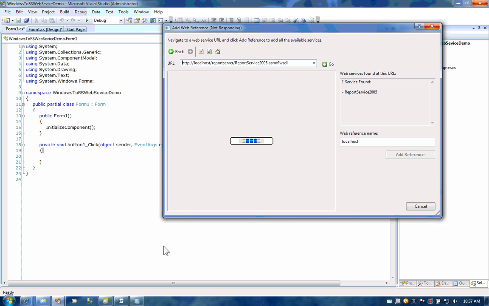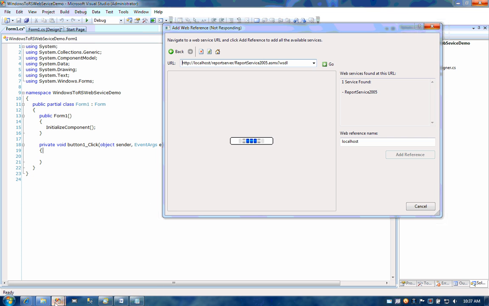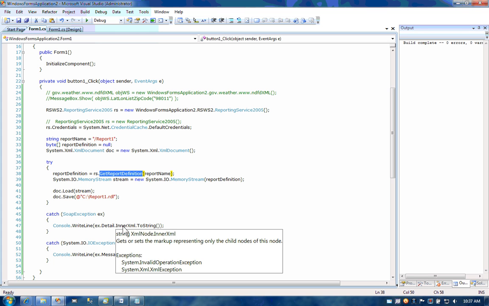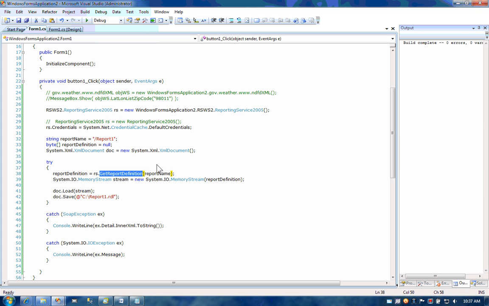Well, we're waiting for that to finally make a connection. I'll show you some code that we're going to be using. First of all, once I've made a web reference, I'll go ahead and make a new object from the proxy class that the web reference is going to generate. I'll be using a method called GetReportDefinition, and then dumping the file on my hard drive. GetReportDefinition is one of the methods that you would see